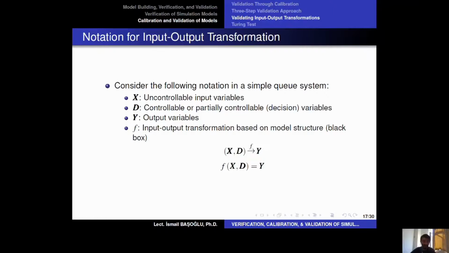Now, we are going to explain the mathematical procedure for the input-output transformation. Let's just say we are using a simple queuing system. You can imagine an M/M/1 queue. However, for M/M/1 queues, we can have theoretical results, so the simulation is not a necessary mathematical modeling approach. So we can, for example, think about a little more complex queuing system, just as we have seen in our Arena